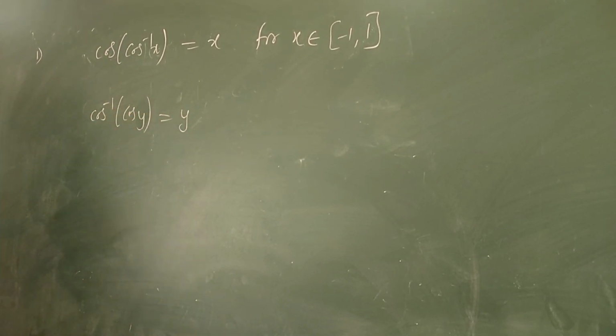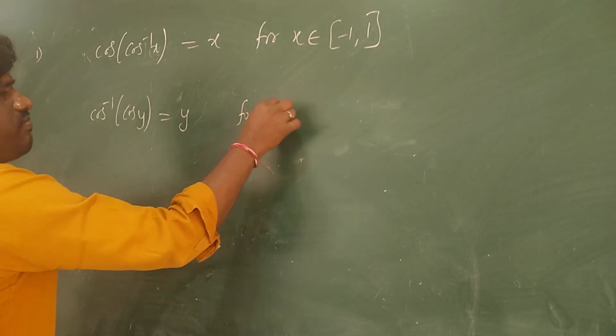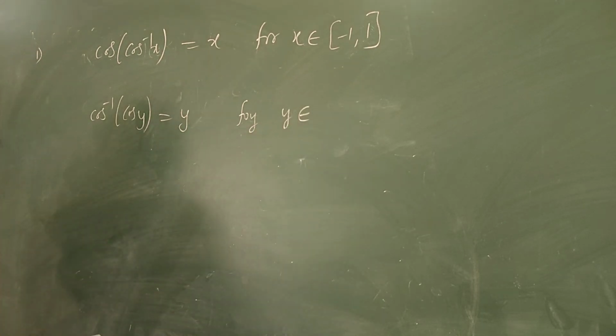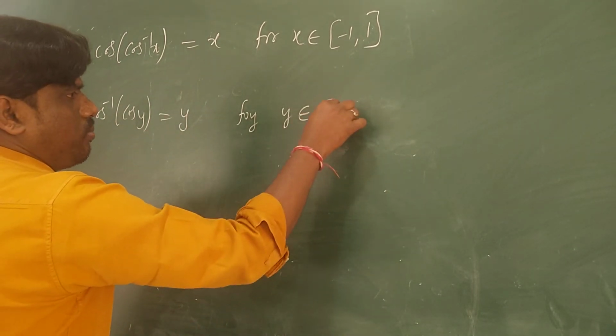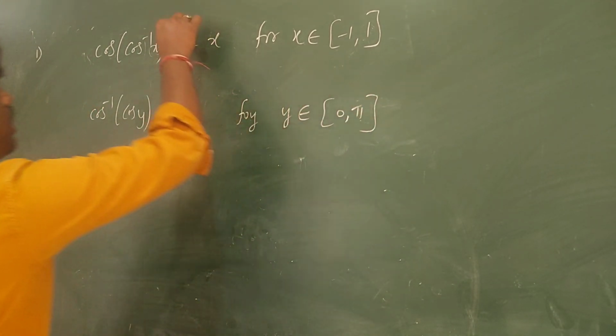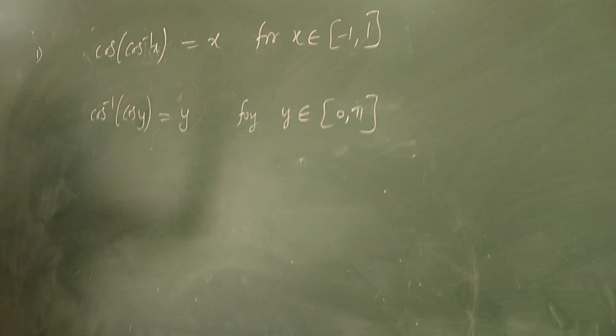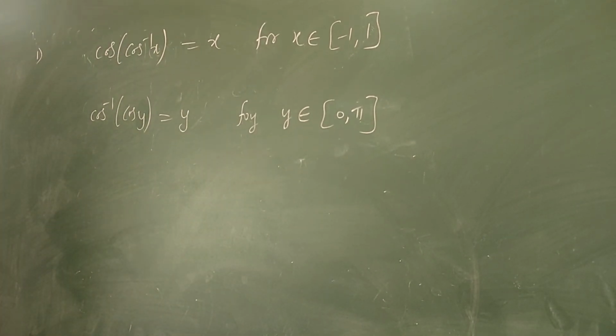If you have y, if you have x, for y belongs to 0 to pi, if you have like this and like this, and these graphs also I explained in IIT. अब देखो तो बड़ा बड़ा ग्राफ्स पढ़ाया था मैंने, but graphs are not needed for board level. You need to remember only the formula.